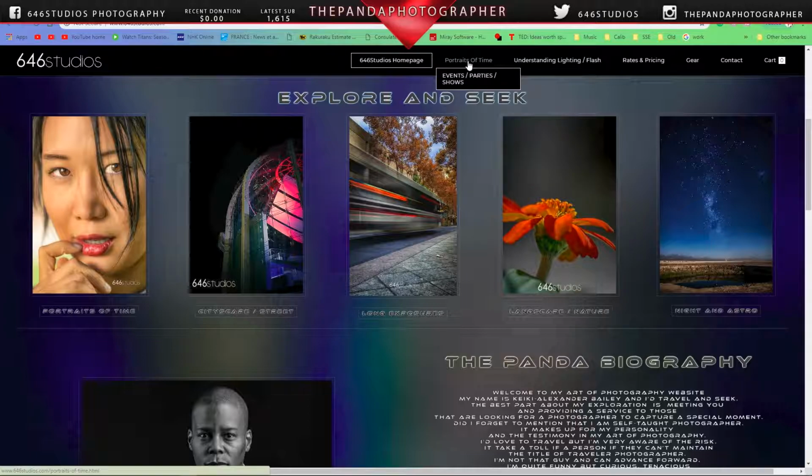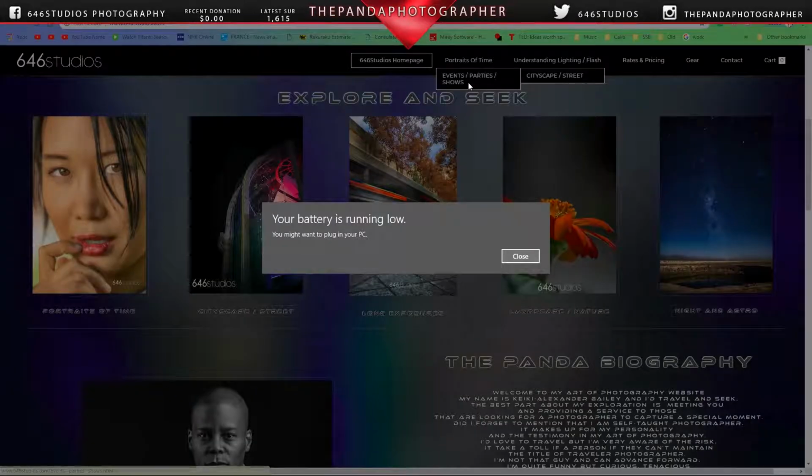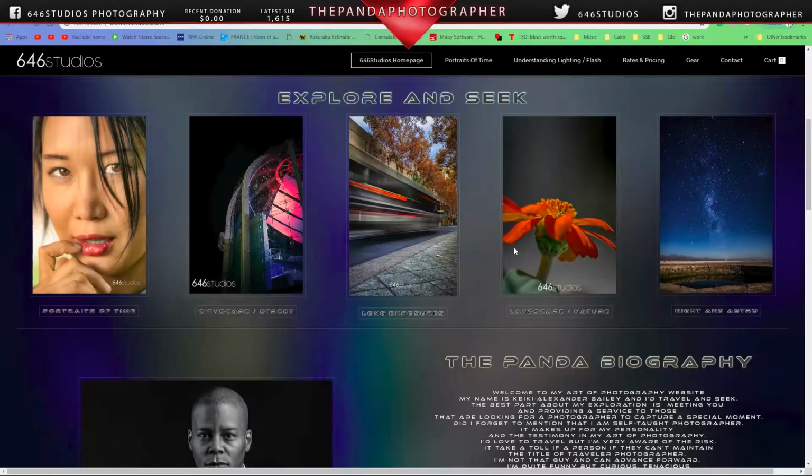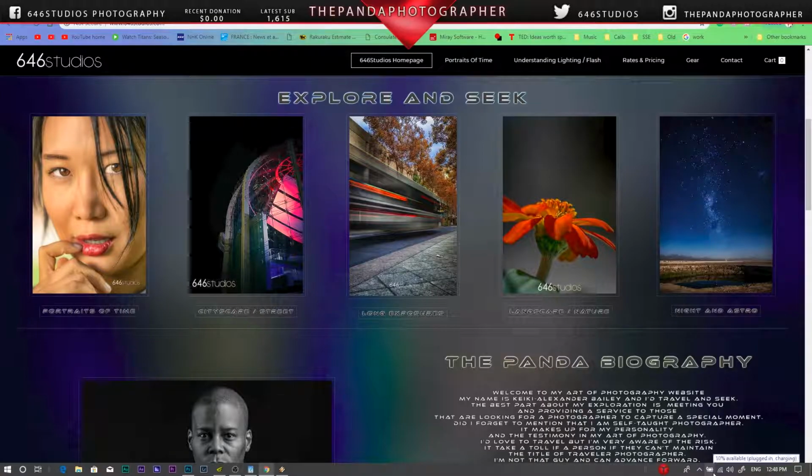If you go to the tabs on top, events and parties. Oops. Let me plug the battery in. Uh-oh. I thought this was plugged in. Oh, my goodness. Anyway,